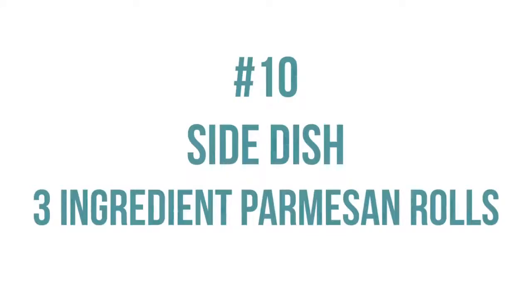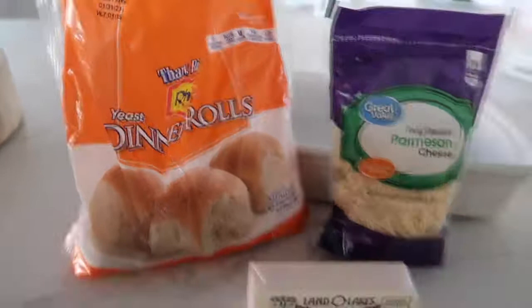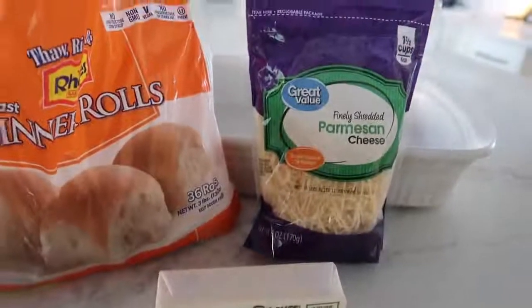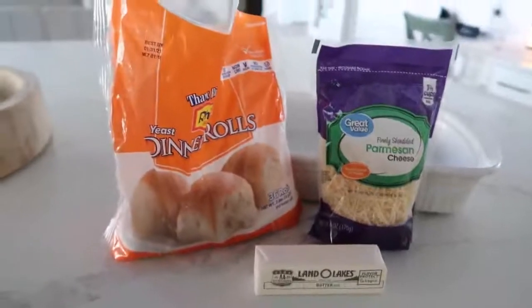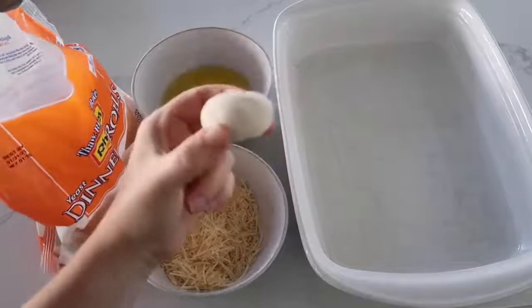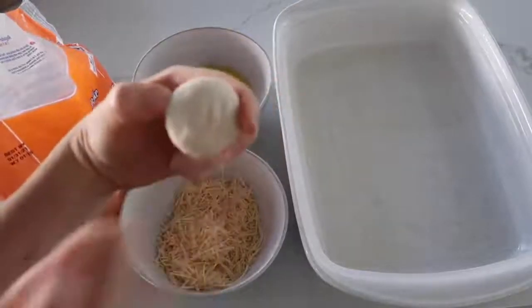Now to go with this recipe is our 3-ingredient Parmesan rolls. For this recipe you need 12 frozen dinner rolls, a half a cup of butter, I like salted butter, and then 1 cup of Parmesan cheese. Now I microwaved my butter in a microwave safe bowl, and we're going to dip the frozen roll, it's totally frozen,